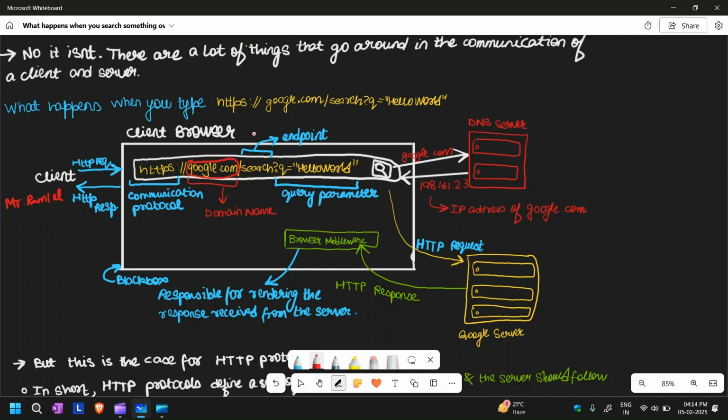So, firstly, in order to get the IP address for google.com, our request hits the DNS server. Now, this domain name system keeps a DNS record for all the domain names and their IP addresses. Okay, so let's say if I'm saying google.com, the DNS server would send me the IP address for google.com that may vary place to place. Let's say just for example